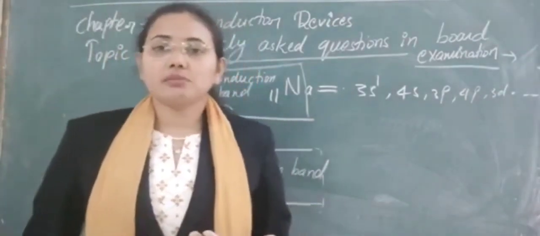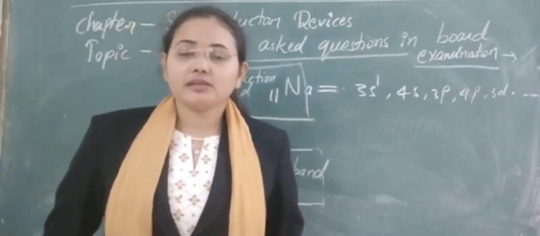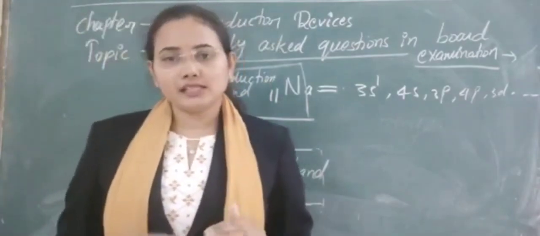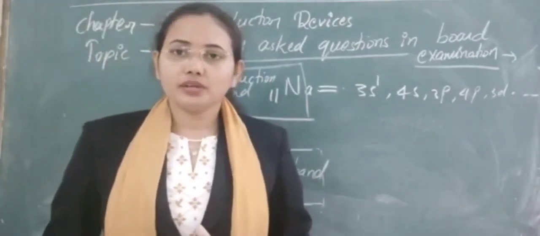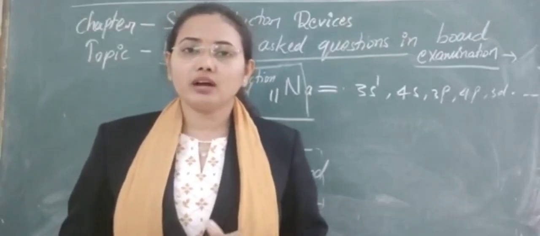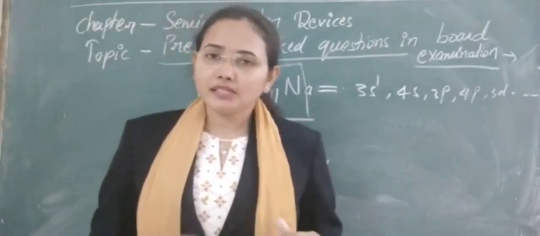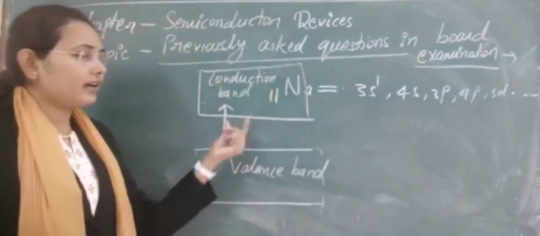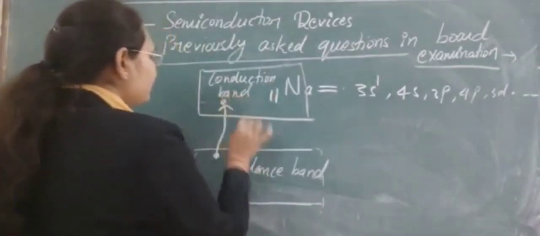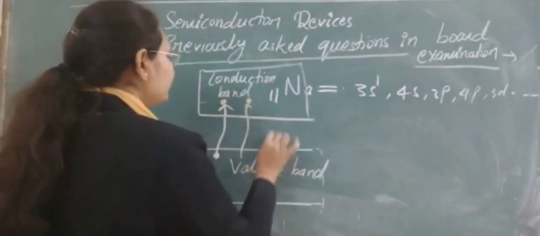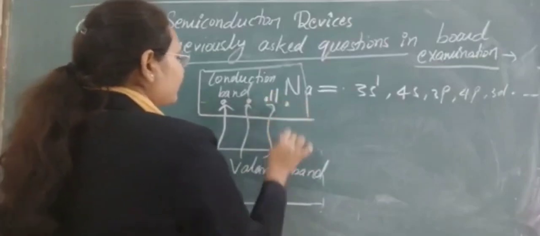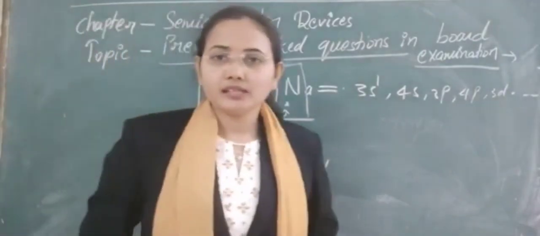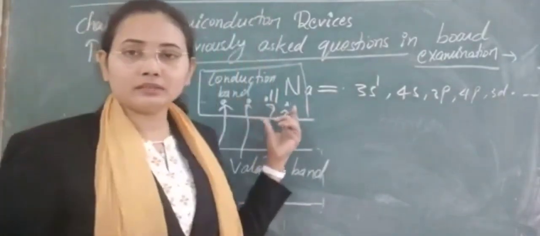Now how can we categorize materials based on this? First we have semiconductor material. In the case of semiconductor material, as we have just understood, a large number of free electrons should be there, meaning the conduction should be at a large scale. If conduction is at a large scale, most of the electrons present here will easily go here. So if a greater number of electrons easily reach the conduction band, then it is known as a conductor.